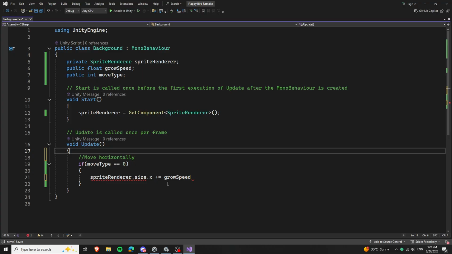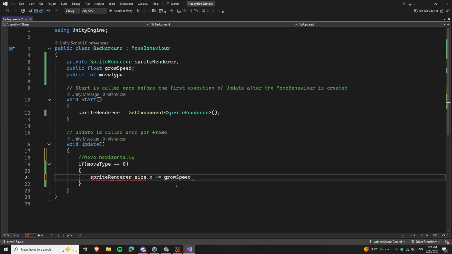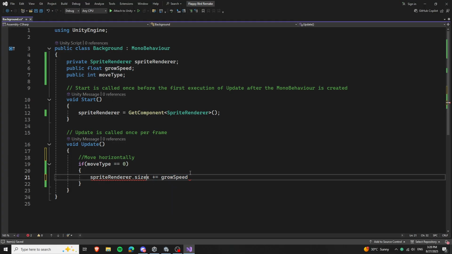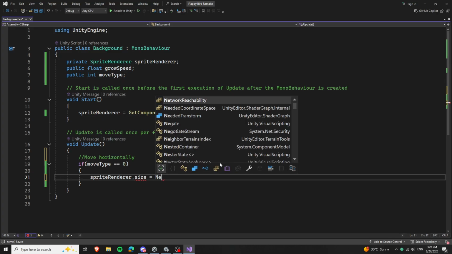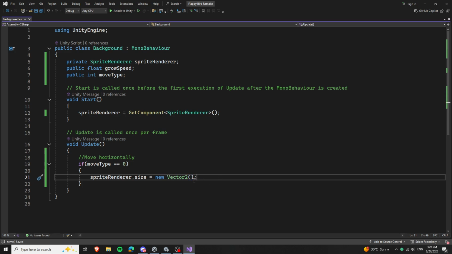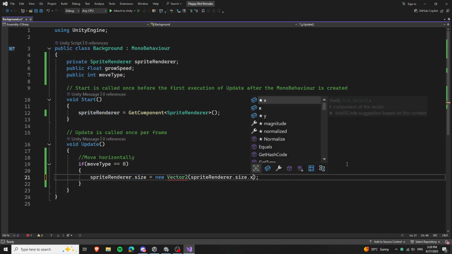Unfortunately we cannot select just one dimension of this. We have to modify the whole vector, because you see this is a Vector2 size. It has an x and a y. The x is the width, and the y is the height. So we have to modify the whole vector. So we'll say equal new Vector2. In this case, because we move it horizontally, we want to maintain the y and only modify the x. So for the x we say sprite renderer size x